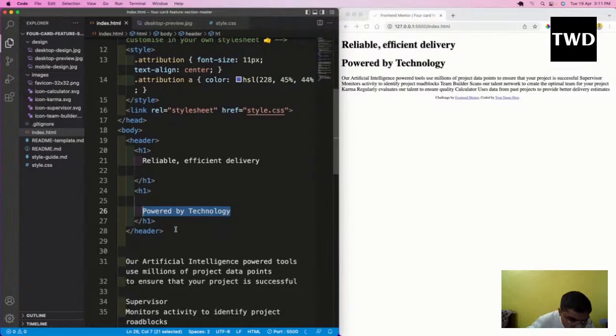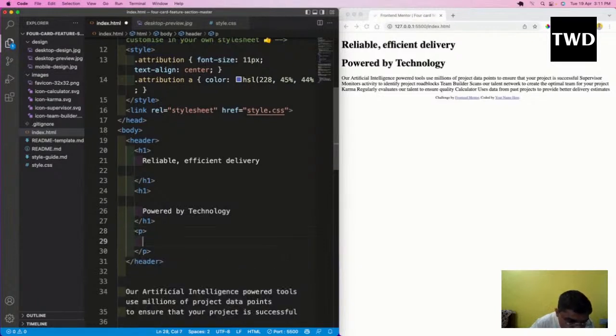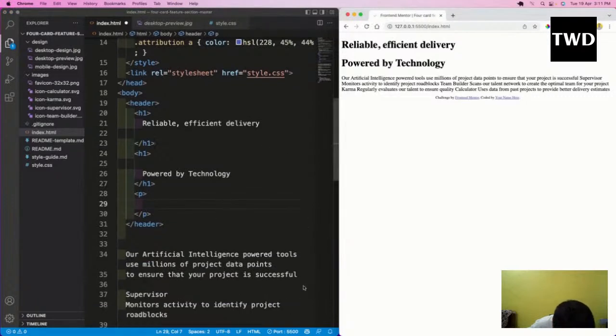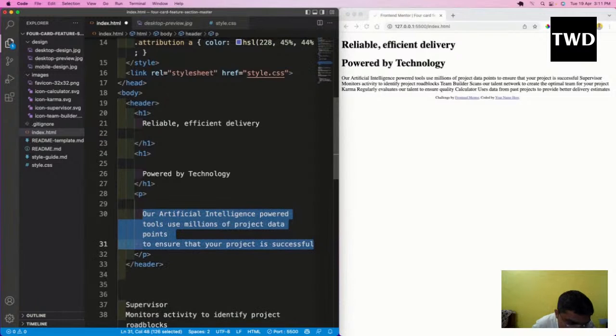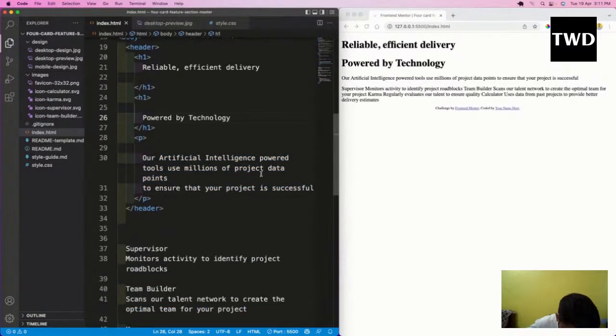Then after this header, we need a paragraph tag which contains this thing, our artificial. Select it, use alt tab arrow, move it. See, things have started coming now. And after this header tag,